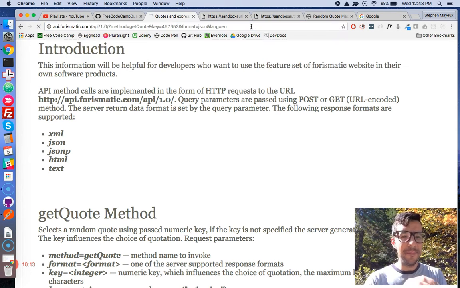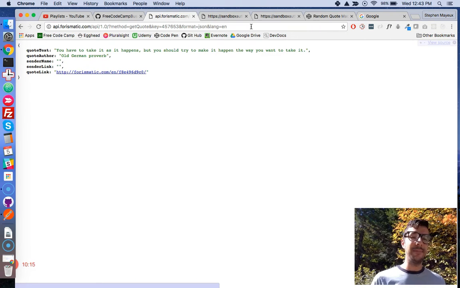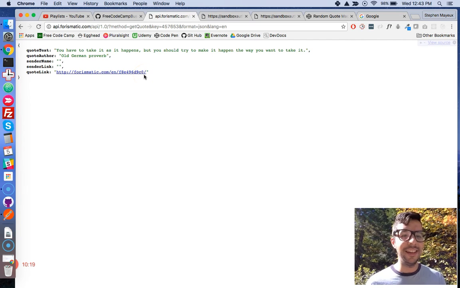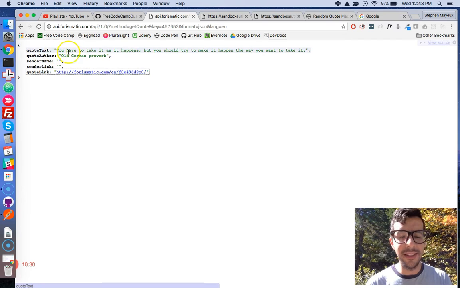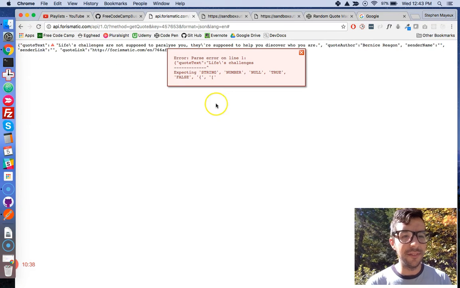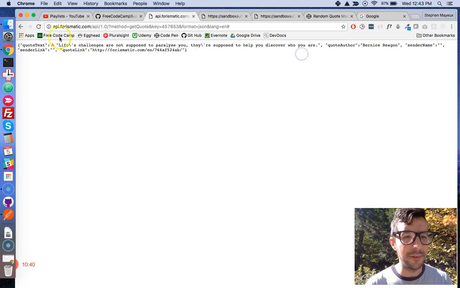And when I go to it, I don't get a website, but I get this funny looking stuff. That's JSON. Basically, it looks like an object. So in JavaScript, you have these objects with the curly braces. Then you have these keys or the properties, followed by a colon, and then some sort of data in here. So basically, we have a bunch of strings. And I can reload it, and I should get, oops, I got some sort of error here.